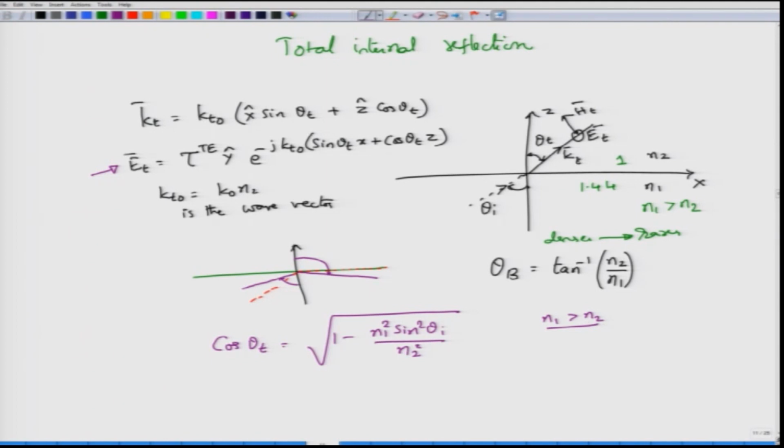Our incident medium happens to be optically denser compared to the rarer medium. Okay. And if you plot theta_i as a function, and then look at the magnitude of the reflection coefficient for the transverse electric polarized wave, then at 0 of course it starts off with some value, and then what you would see is very different from what you would expect. While it continues to grow in magnitude, at some point it suddenly becomes 1 and stays 1 thereafter. So, this is what is called the critical angle.